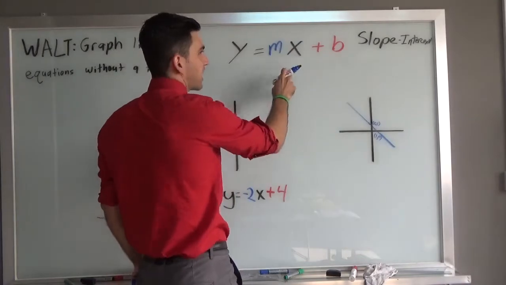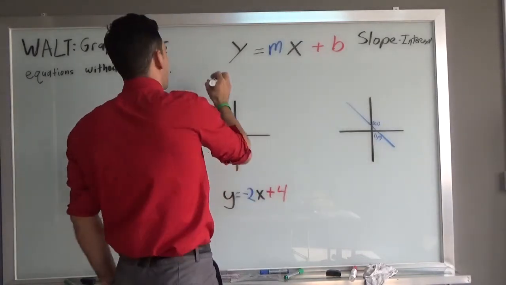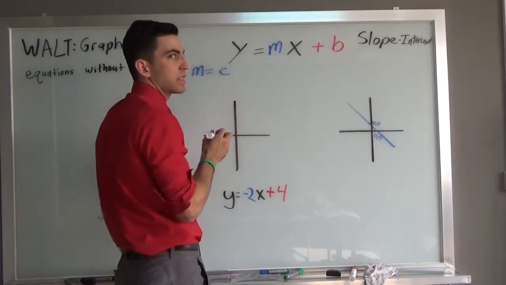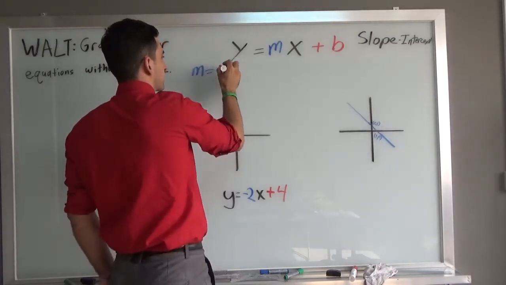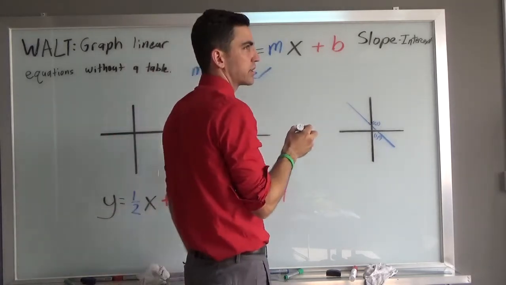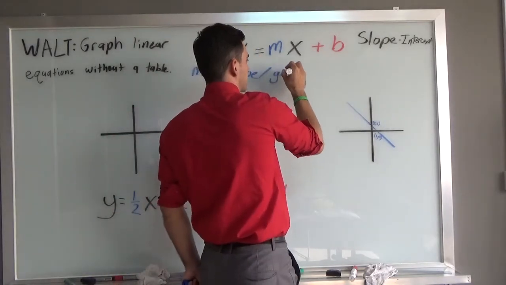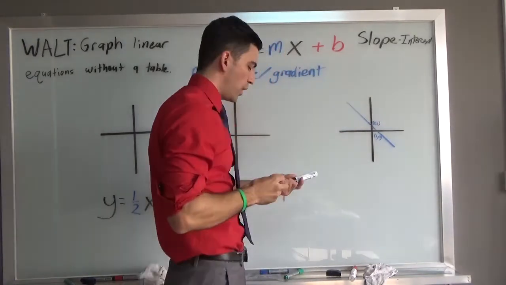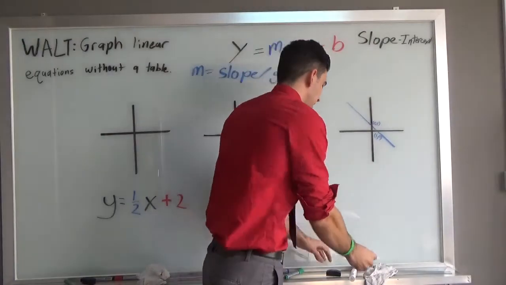There's y and there's x, that's standard, but m is called the slope, also known as a gradient. And what the gradient is,